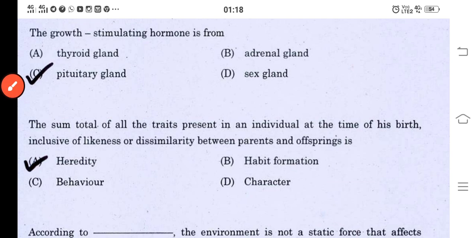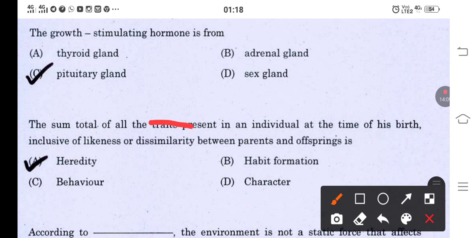What does it mean by traits? What are traits? One second. Traits are specific characters which are carried from